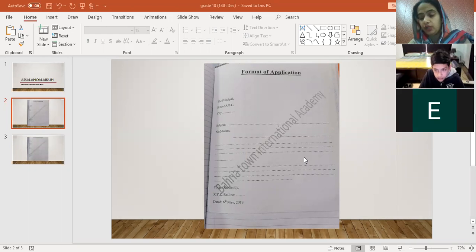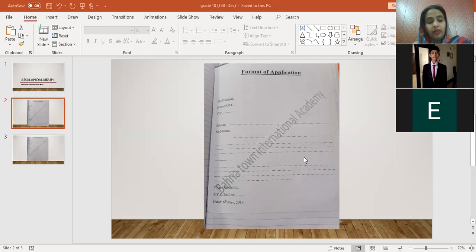One of the students during the papers sent me a message saying that the date will be on the top. No, beta, the date will not be on the top. The date will be at the end in the application, after the complimentary clause. But in the formal letter writing pattern, the date will be under the inside address. Got it, everyone? Now, if you want to ask anything about the application writing format,